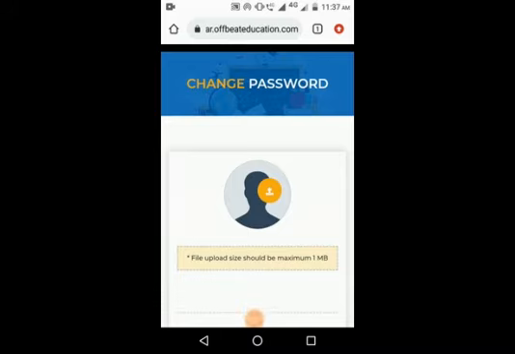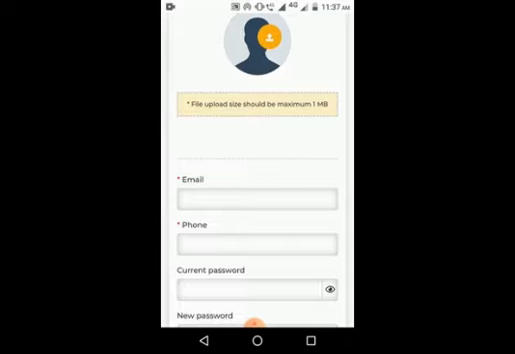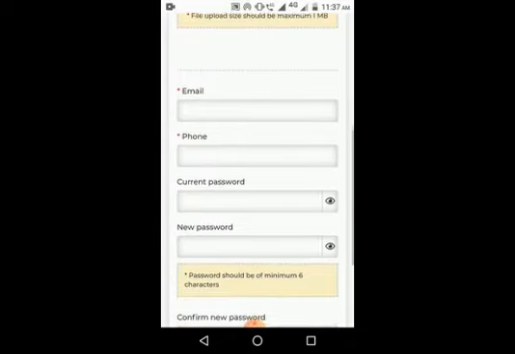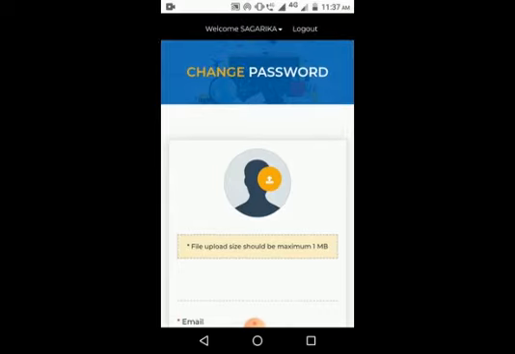After giving our student ID and password, the page will look like this, where we can see some options: upload profile picture, email, phone number, current password, new password and confirm new password. In the profile picture section, you have to upload your picture in school uniform, and the picture size will be a maximum of 1 MB.